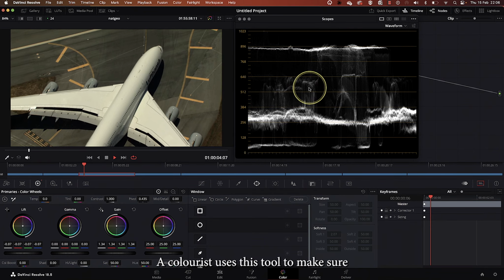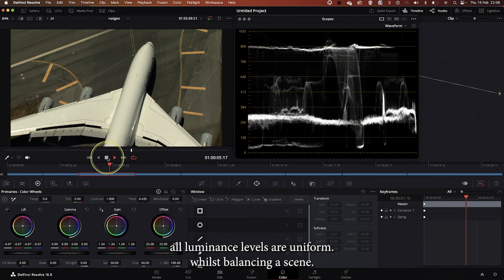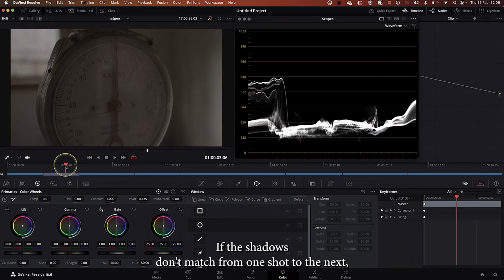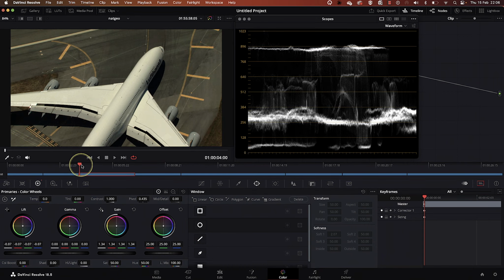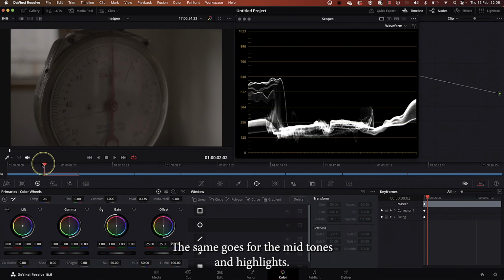A colorist uses this tool to make sure all luminance levels are uniform whilst balancing a scene. If the shadows don't match from one shot to the next, then the viewer will pick up on this and it will bother them that something isn't quite right. The same goes for the